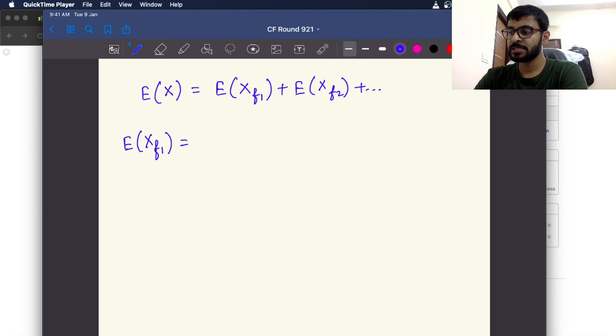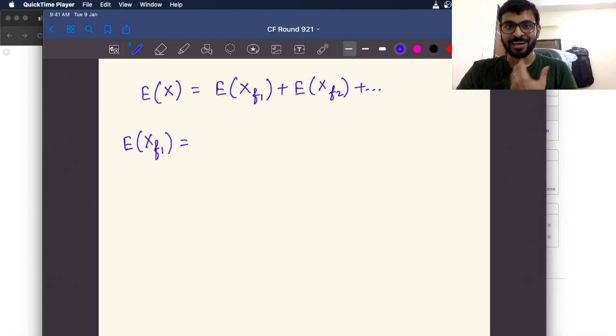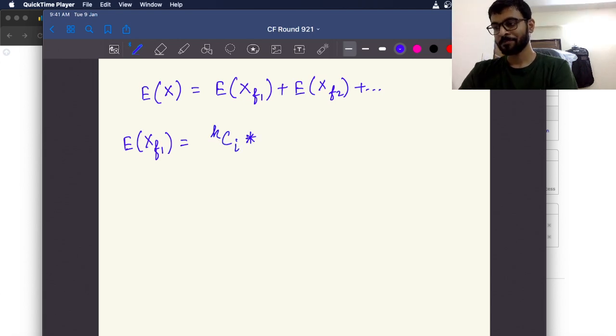The expectation: let's say they have got it i number of times. They have got i number of trips. If they have got i number of trips, what is the binomial probability? I may go wrong with one or two terms, but what is that probability? It's basically which i are we winning. So out of k excursions, which i are we winning, multiplied by the probability of winning those i, which is